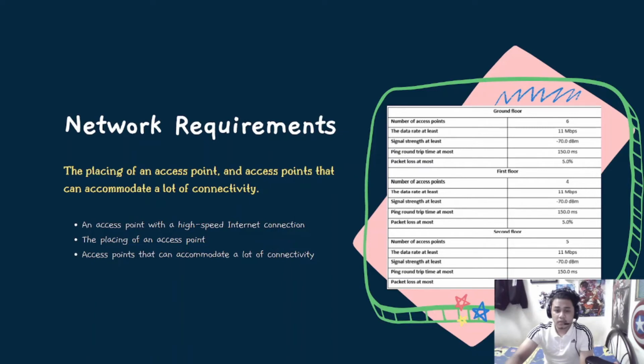So this is because the actual data rate that the access point provides is 100 Mbps. So we can see it has a generally stable and very high speed internet connection. Also, the ping response time of the device is at most 100 milliseconds. So for placing an access point,